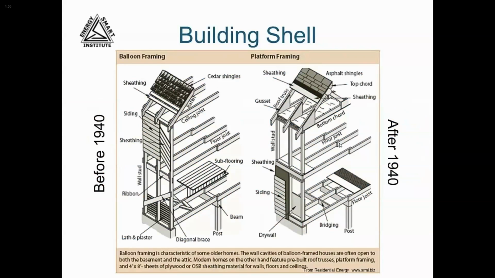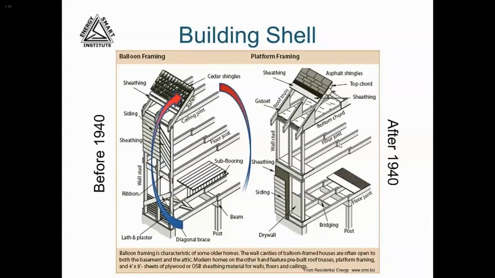Homes built before 1940 were built with a balloon framing technique. The wall finish was generally lath and plaster. The floor joists sat on ribbon boards. The siding, sheathing, and roofing allowed air to pass through, and the walls were generally open to the basement and the attic. These materials were used on purpose, to allow the air to pass through the building,